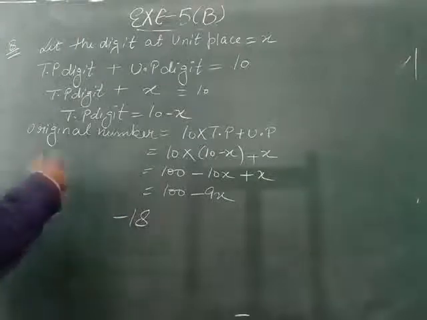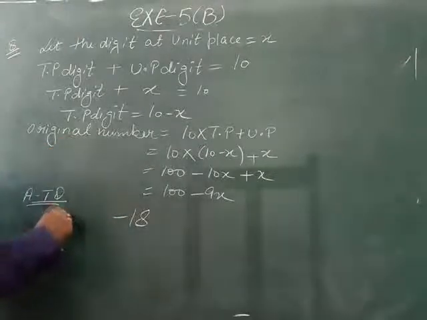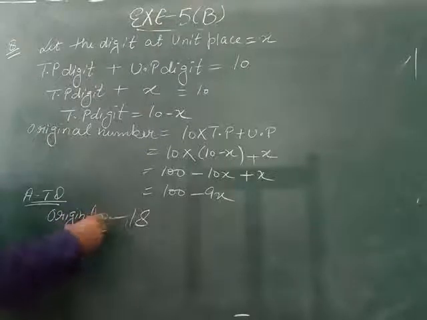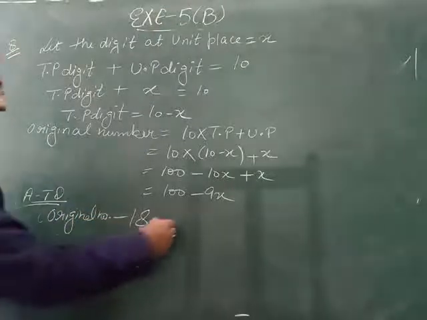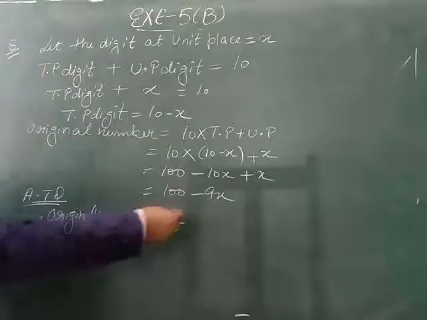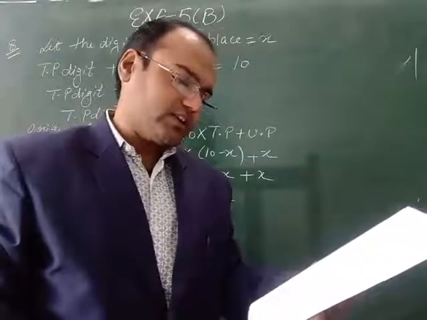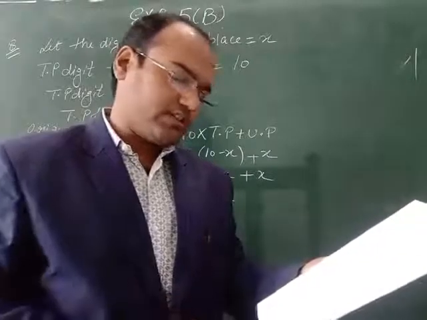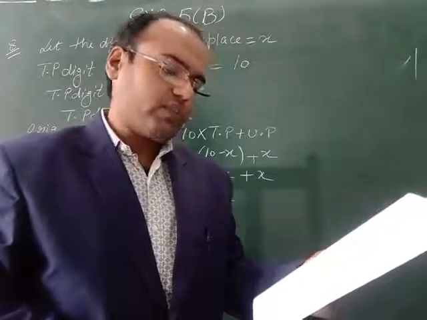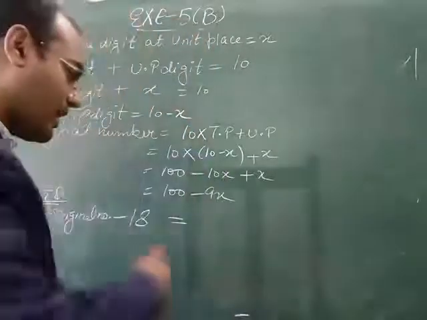Which number? This original number. So original number minus 18 when we will do, then our answer will be equal to, what is the answer? In the question he is saying the digits of the number are interchanged. Then answer will be,